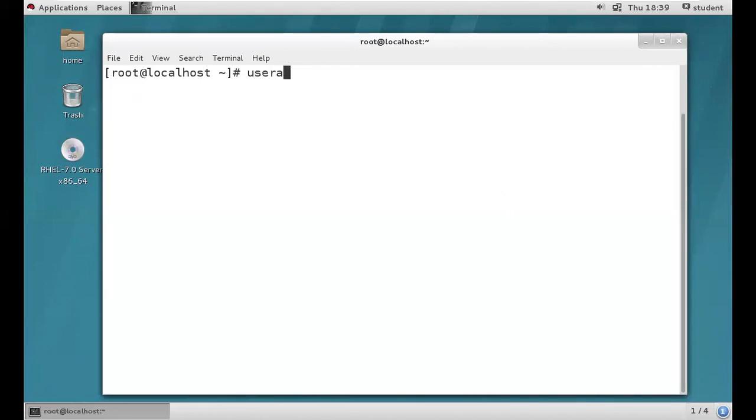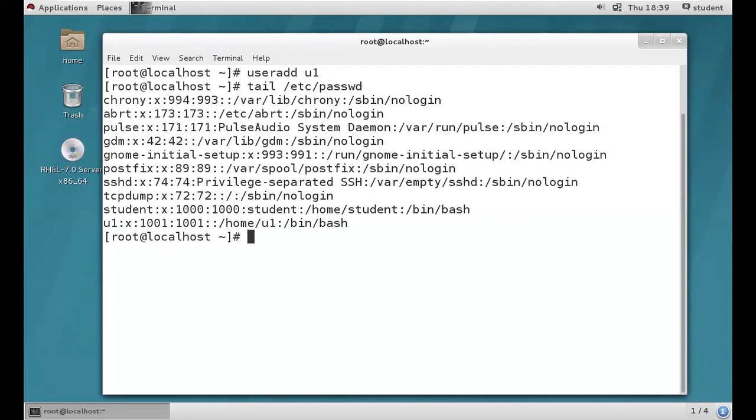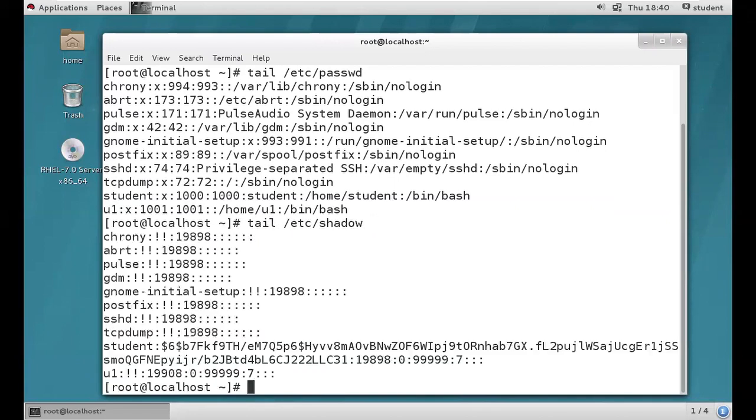Now we are creating one user called U1. The U1 user account got created successfully. If you want, you can verify with tail /etc/passwd. So U1 user will be there, right? So how to check the password properties of U1? From where are we going to get the password properties? Shadow file. Very good. So tail /etc/shadow is the file name.